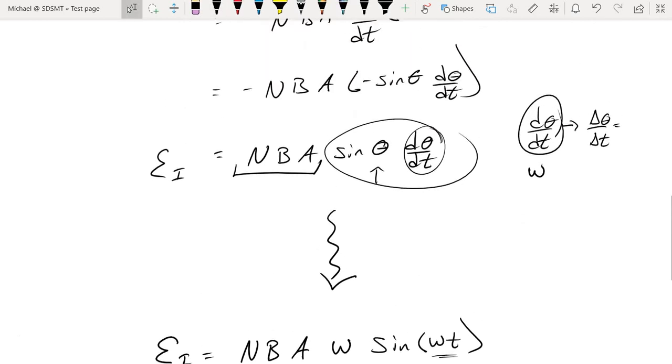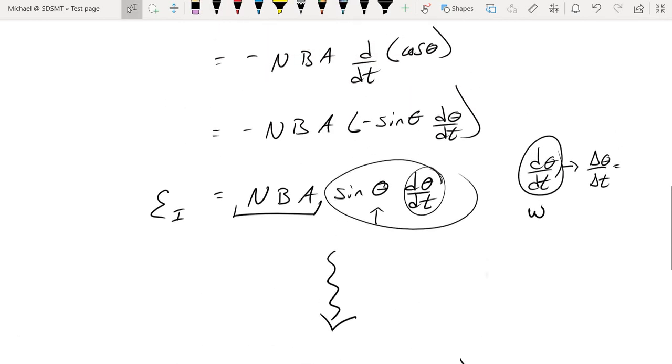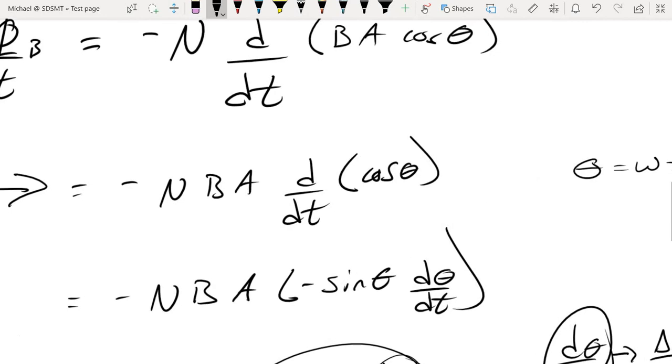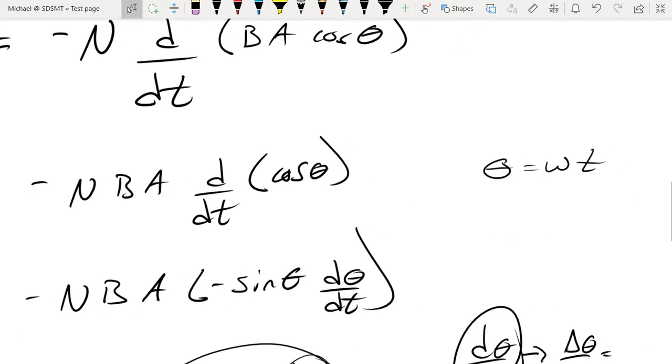Now, if you're not quite sure about these substitutions that I just made, that's okay. Let's come back up to this line in our derivation, and let's make the substitution of omega t right here. So if I replace theta with omega t,